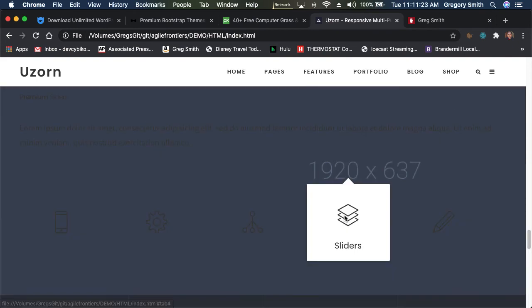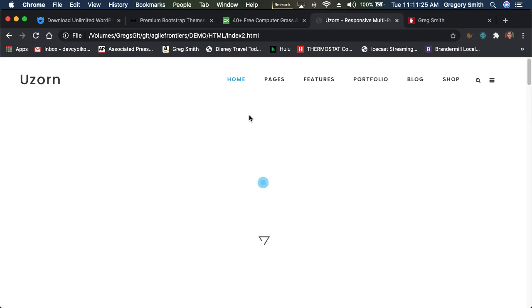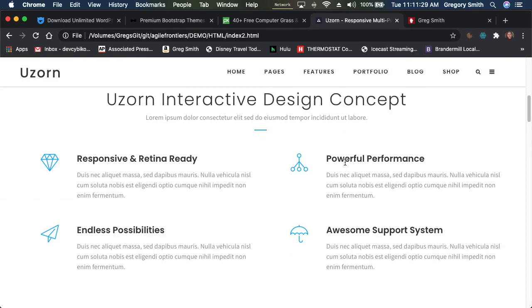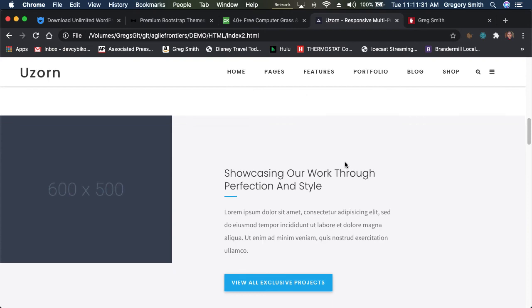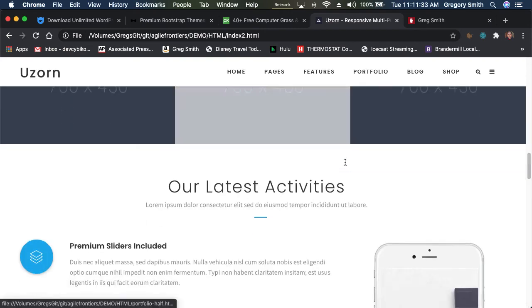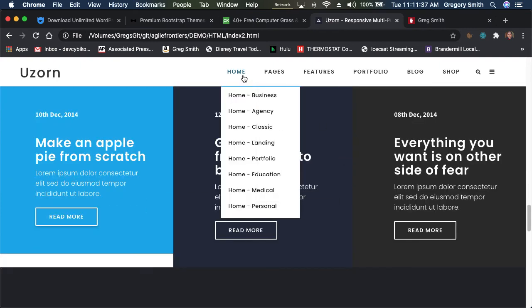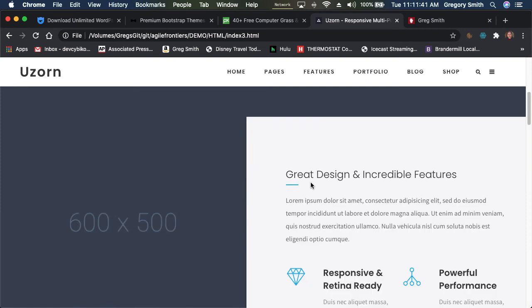So that's just one of the many layouts. Here's the agency layout. Very similar, but this is a different design concept view. This is another showcase. This is another way of showing the latest activities, and so on. And so what you find is that you can pick whatever layout you want, but what if